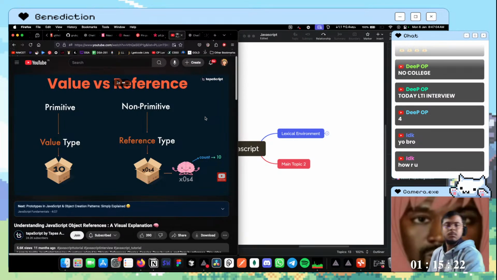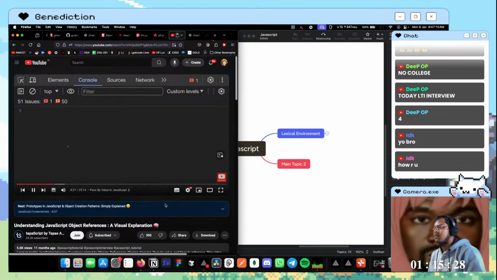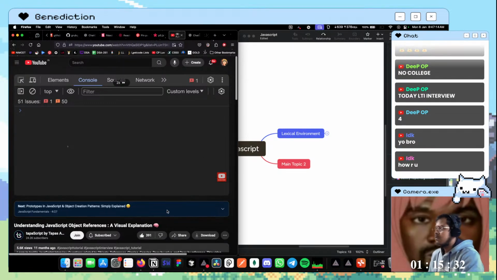Now we will write some code about primitive things. We'll try to understand some use cases. Also, we'll see visually how it gets represented before we get into understanding reference type. So let's get started. I'm using Chrome's debugger tool, the console. You can use any editor, but I feel this will be easier for me to write code and instantly get the output. So let's start by creating a variable called count and assigning it the value 10.